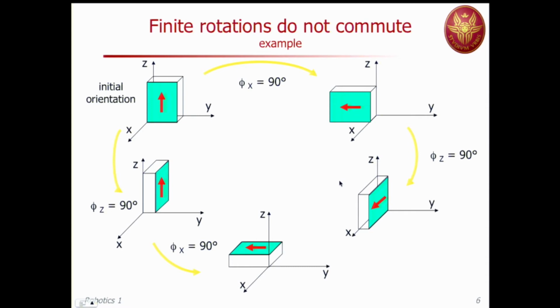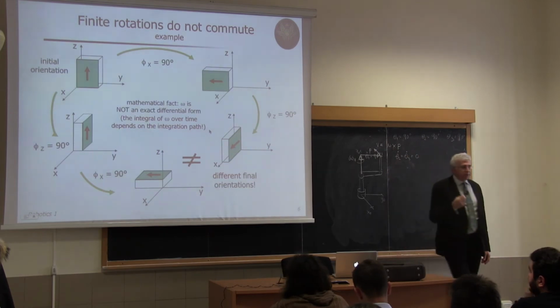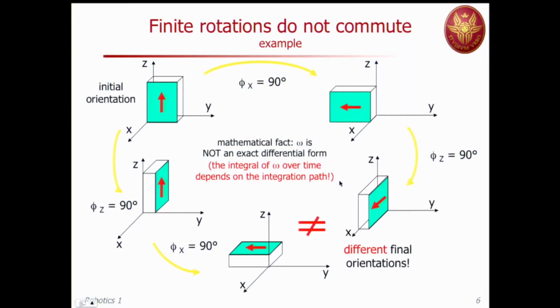This is the final orientation, and as you can see, they are different. We already know that we cannot exchange the order of rotations, okay? But this has an important mathematical fact. I'm talking about finite rotation here,